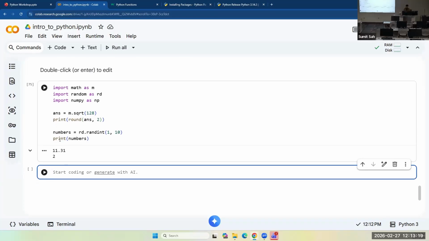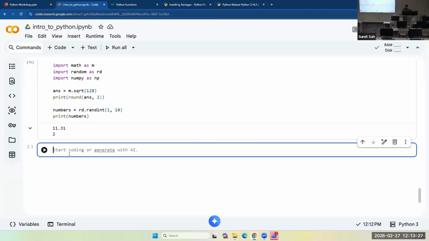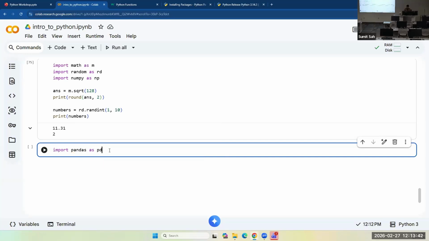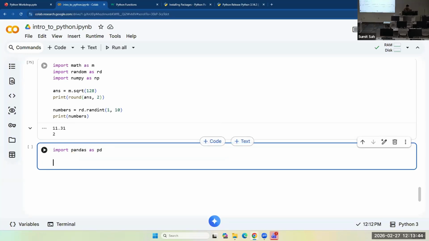Let's say you want to bring your data into your working environment, into your notebook. You have to use some kind of library, and pandas is a very popular one. Everyone imports pandas as pd. It's a popular choice.